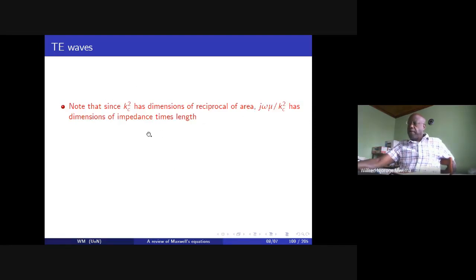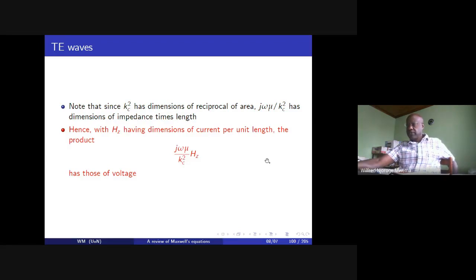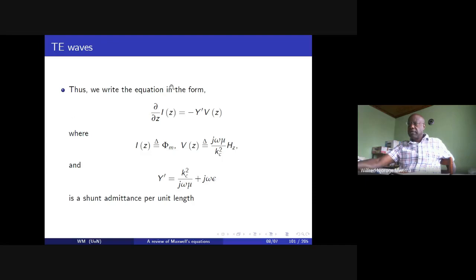The reason why we are doing this is that kc squared has dimensions of reciprocal of area, and therefore j omega mu divided by kc squared has dimensions of impedance multiplied by length. And therefore, h of z is going to be a voltage, and we can therefore write that dI of z/dz is equal to minus y times E of z,